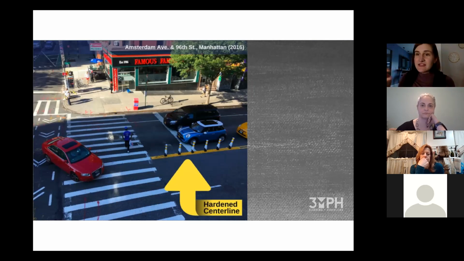But in Sweden, a little over a decade ago, they had this engineer, and he said, "Look, we as planners, we as engineers, we can't plan for any deaths. It's not acceptable for there to be any traffic deaths. We need to be designing serious injury and death out of our public right of ways." And so,